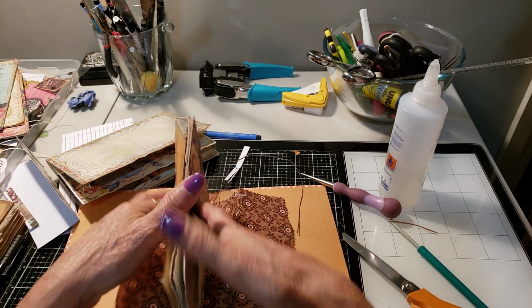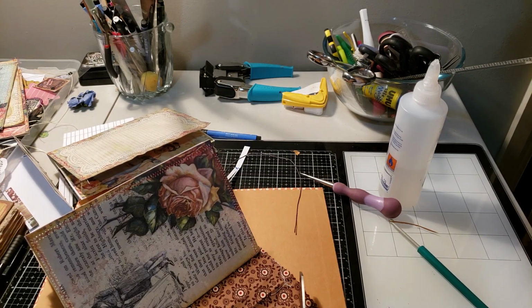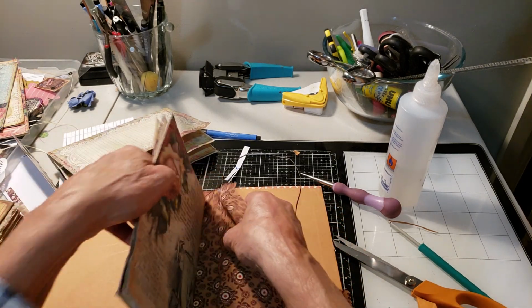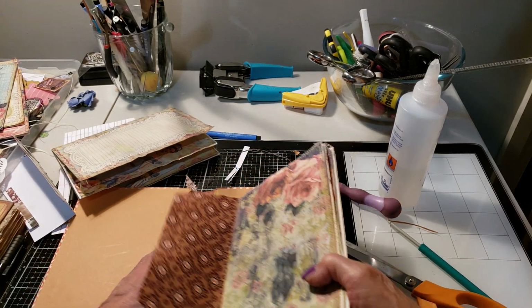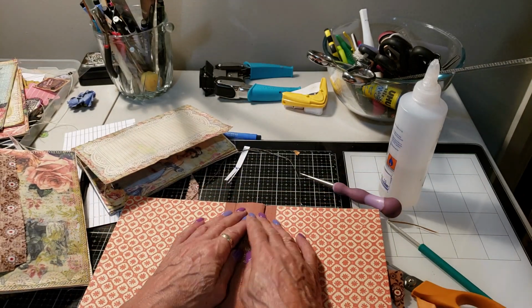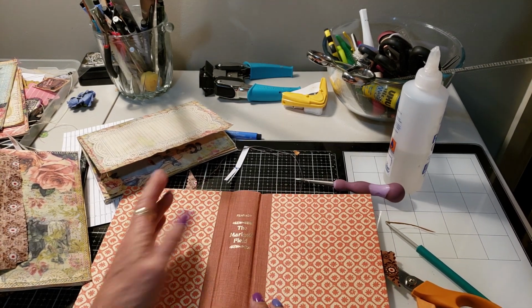And because you stuck it, you've got to remember we haven't got all the signatures in. Now, like say for instance, right, this is possibly too small a spine, because it is. So what I would do, I'd rip that out. I would cut that away, and then I would get a board. Let's see if I've got something around. I would get a board, because I haven't got something around,